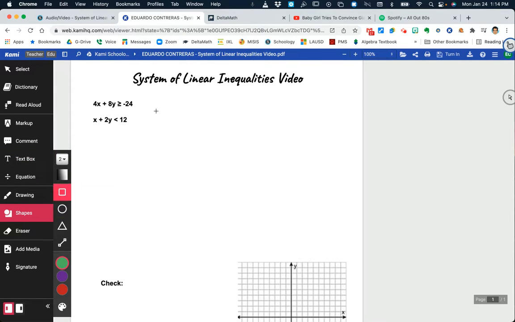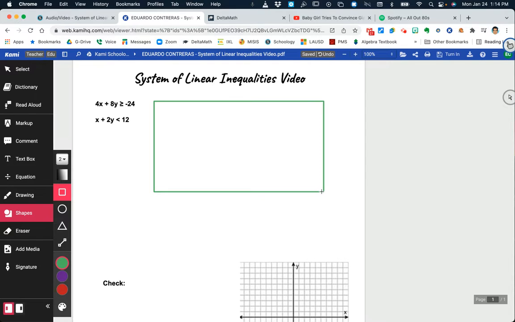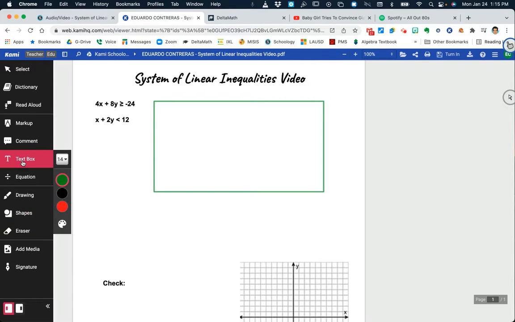Let's see. You have these two inequalities, right? What you should be doing is, in this space right here, you're going to rewrite these inequalities. Do the math so that each of these inequalities that are in standard form here eventually will be in something like this. Y